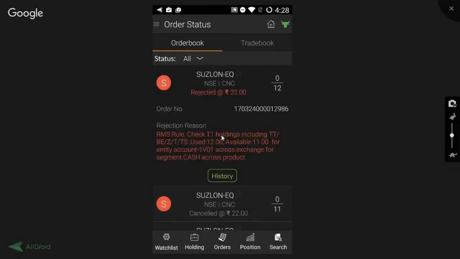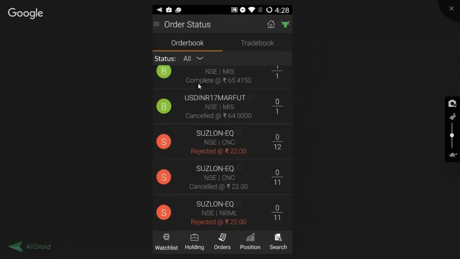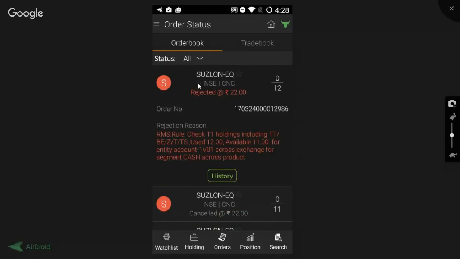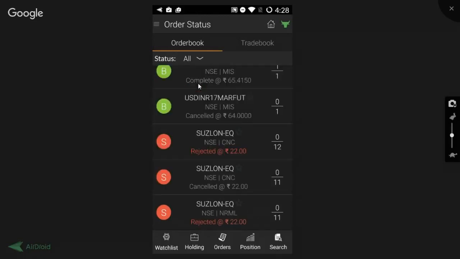We also get the order rejection reason. If we click on it, here's the rejection reason that we get. We've known that our order is rejected, and now we want to know why. We need not call the customer service. We just have to click on it and we get the rejection reason for the same. If there is any confusion later, you can contact the service, but to know the simple details, they are given just as it is.